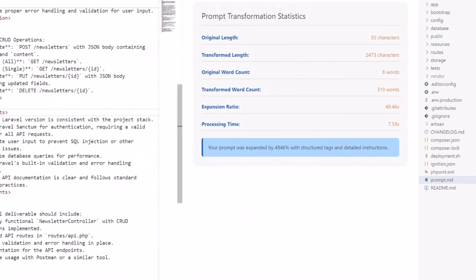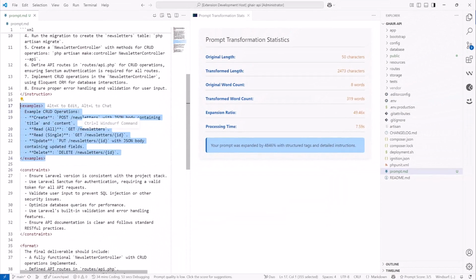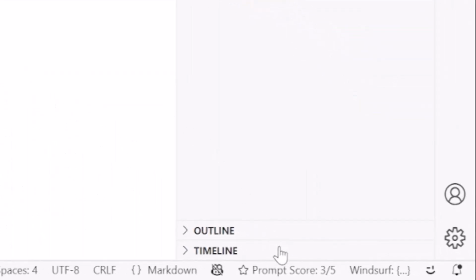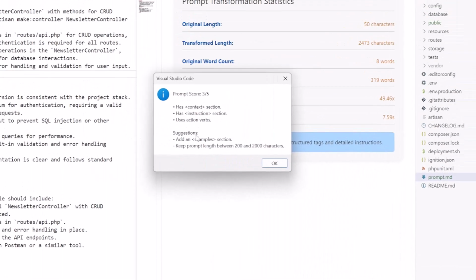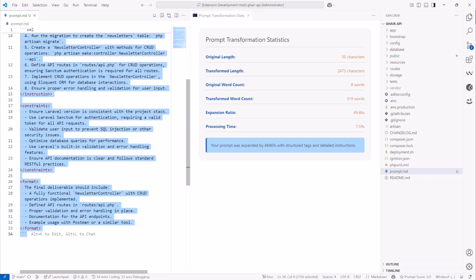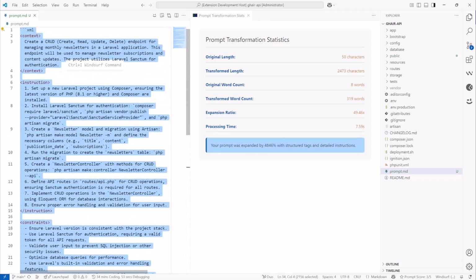It gives instructions to the target LLM. So let's say I delete the examples from there. You can see automatically we are reduced down to 3/5 instead of the 4/5 that we had before. So another important thing: now we don't have an examples section, so I can select